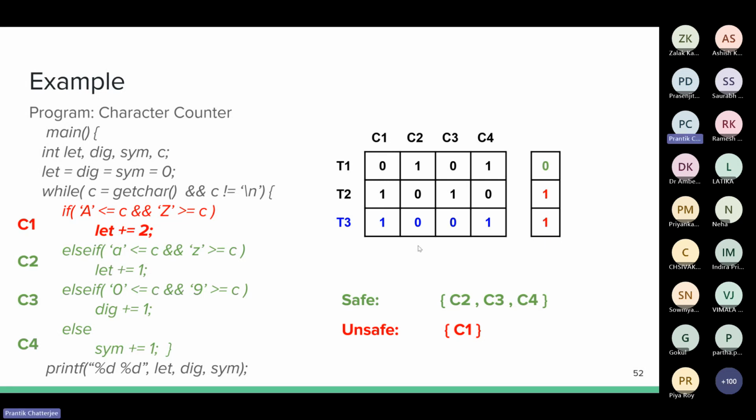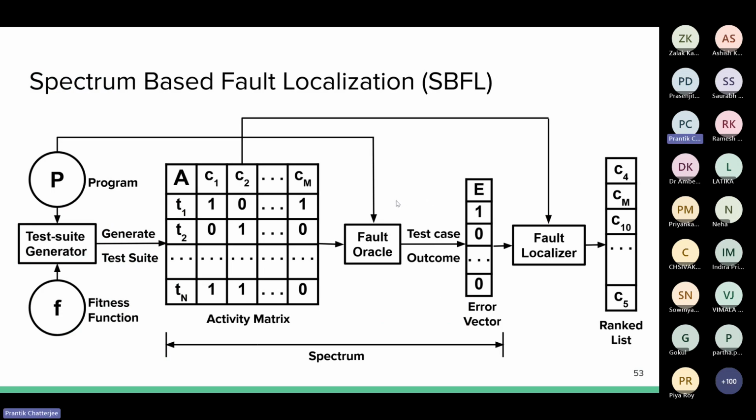So we can say that reasoning works, but the problem is we cannot do manual reasoning like this on a large real-life software because there could be tens of thousands of columns here, and you can have thousands, even hundreds of thousands, of test cases. So there must be some automated way, right? So again, looking back to our earlier picture, you will generate the spectrum, and your fault localizer will automatically give you rankings for the components, saying which component is most likely to be faulty.